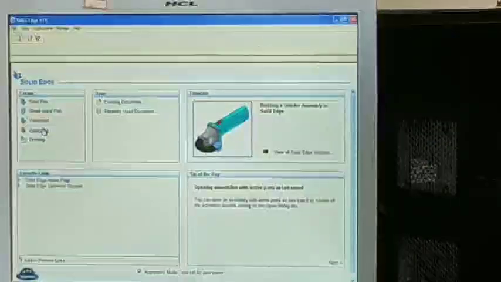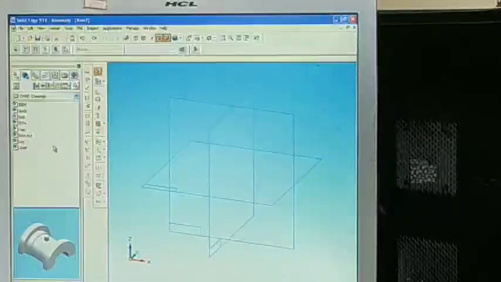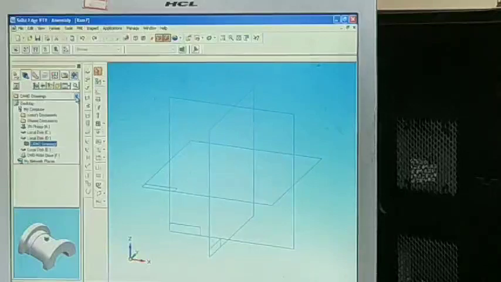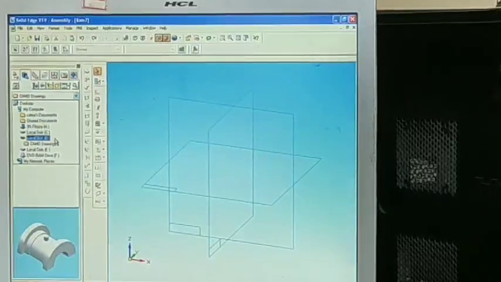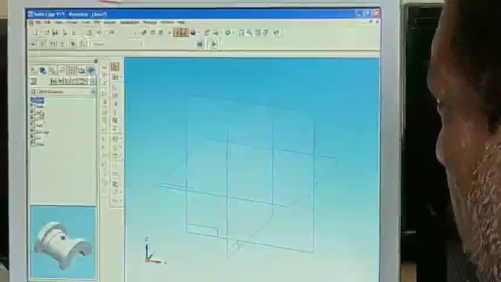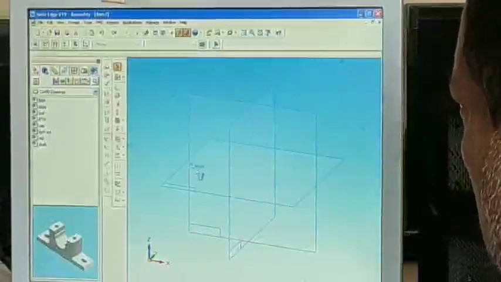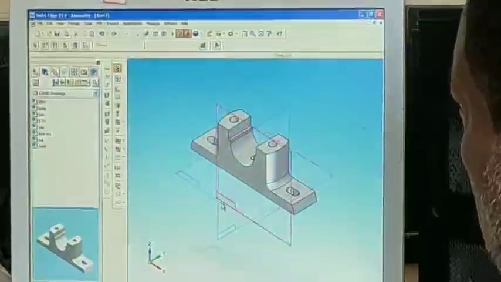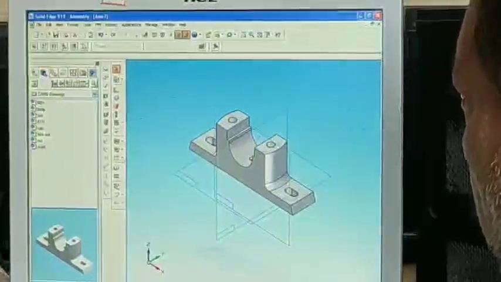Now go to assembly. So here again go to the drive that saved. I saved in D drive. Go to the plumber CAMD drawings. There plumber block body, first body, drag it here. So on that body